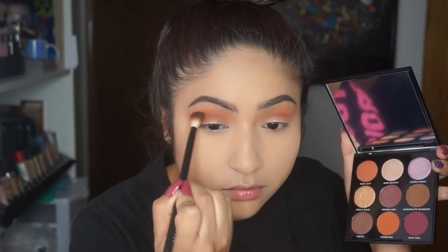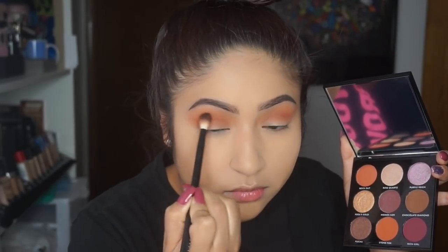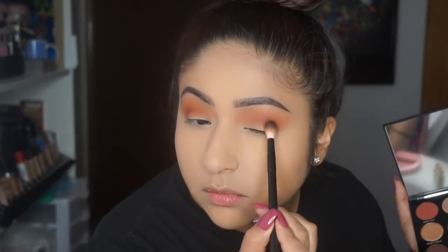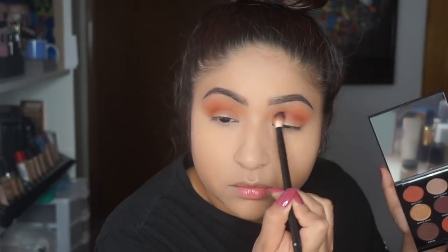I think the color payoff is really good. Blendability is amazing. I think the palette is like bomb.com. So I think it was like $12. For like $12, it's definitely worth it. And I got this one from